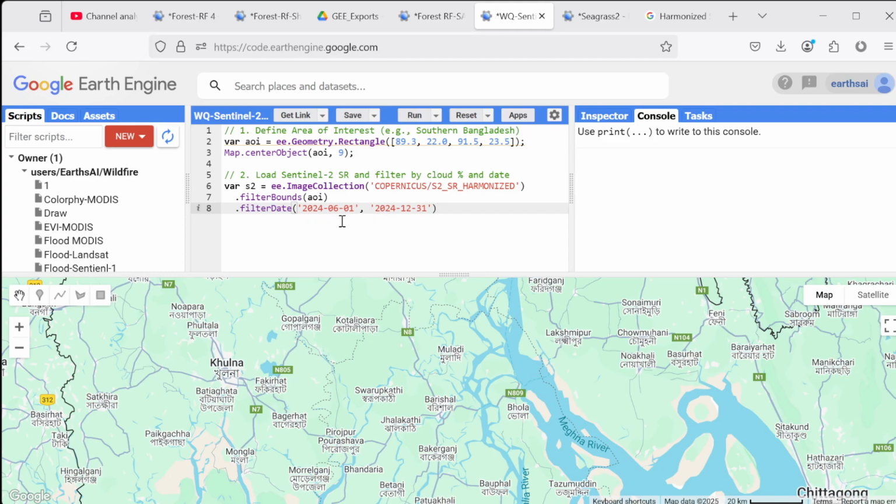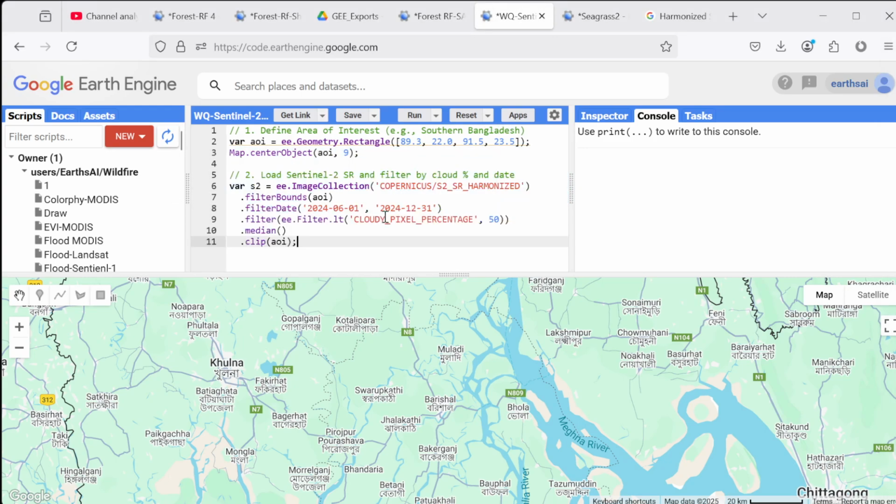to include 2024. And after this, we need to add more filters, for example, the cloud pixel percentage. We use 50%, and we use the median and clip to the area of interest. And after this, we calculate the